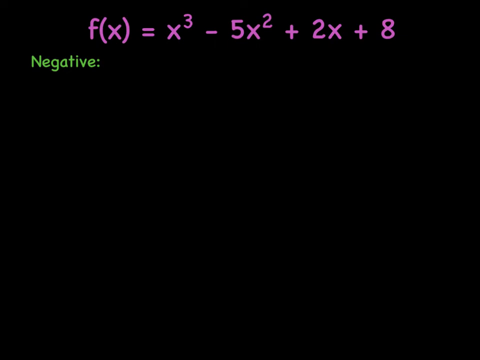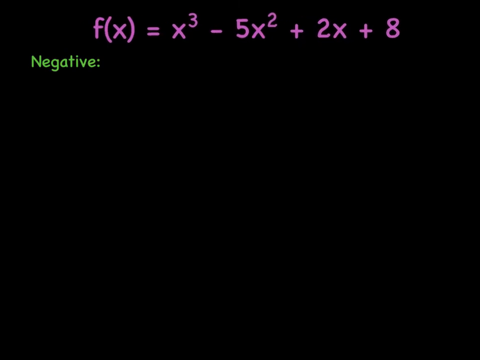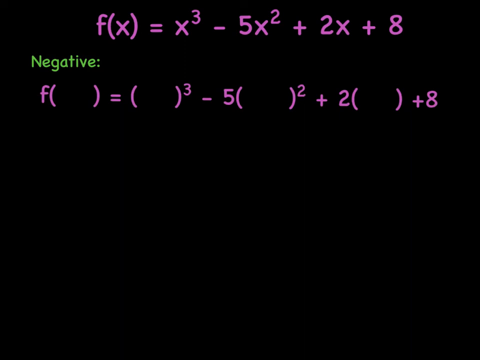For the negative, all we have to do is, everywhere we see an x, replace it with negative x. It's really important to have your parentheses. So again, everywhere I see an x, I'm going to replace it with negative x. And then we've got to do the math. So we have f of negative x